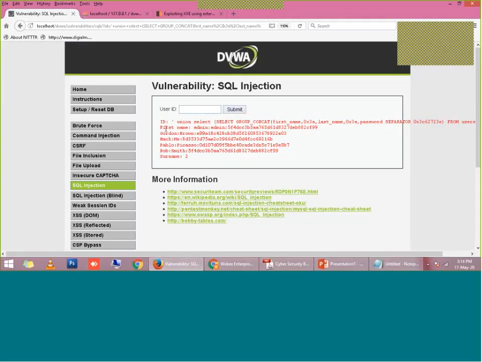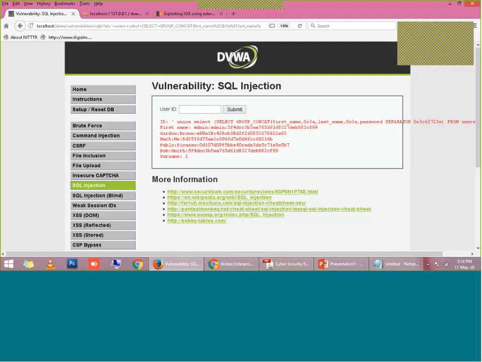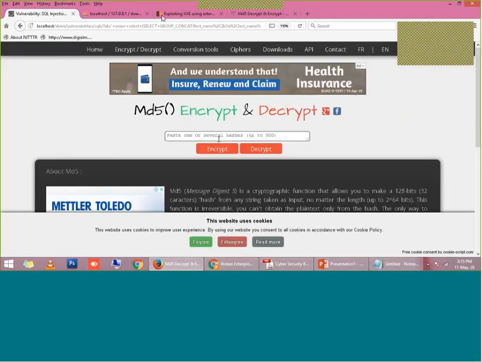When I submit, it shows first name admin, last name admin, and the password. Now I am able to fetch the password also. We can see this is an MD5 hash, so we can decode this password, right?